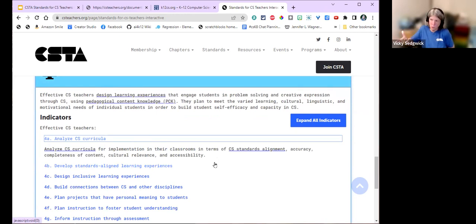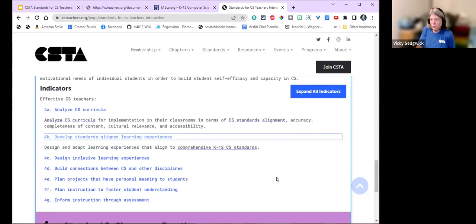Unless we look at our curriculum with that critical eye, we can't do that. We may have no say in what curriculum we're using, but maybe we could supplement it, right? Bring in some community partners to get a little more of the impacts in than maybe the curriculum doesn't have, things along that line. And even if it's just looking at the lessons and the units we're teaching, we have to